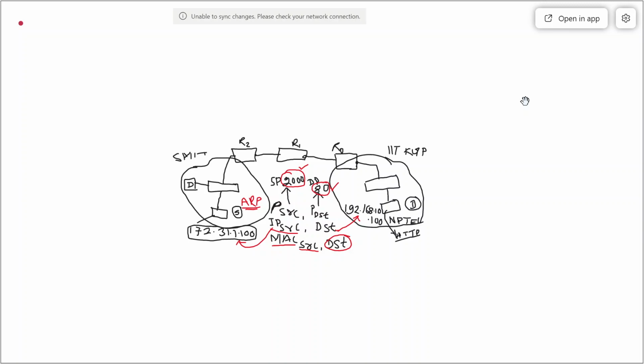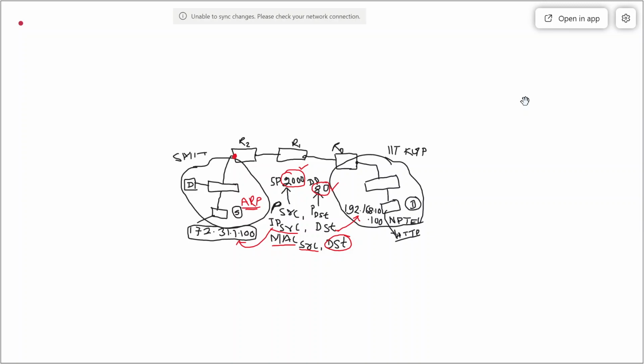Because we write all FF, the switch may be broadcasting, and that broadcast message will reach router 2 and the interface of router 2, and then router 2 will not allow any broadcast message to be passed on to any other network. So the broadcast is limited to this network and is going to be dropped. As soon as it leaves the network and goes to the router, the router will drop it. It will not pass it to router 1, it will not pass it to router 0, it will not pass it to the further switch, and then it will reach that computer.